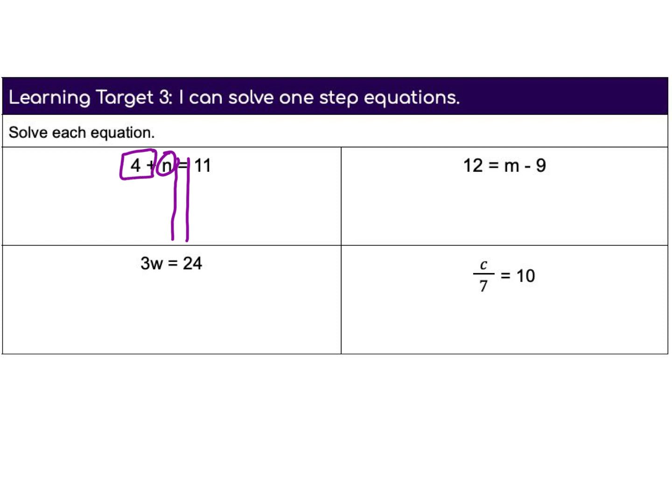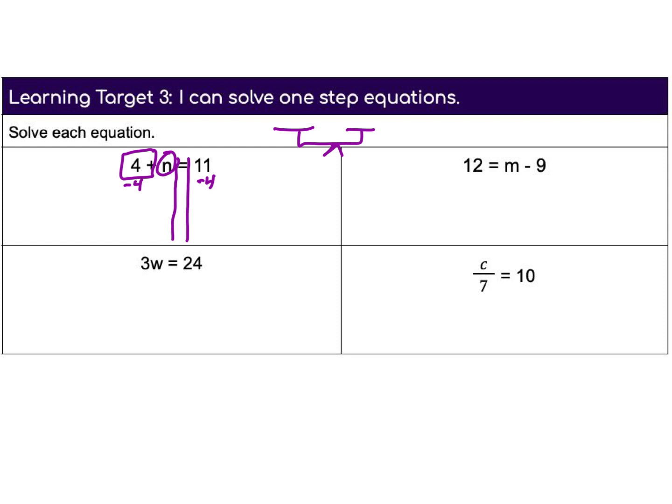So I'm going to get rid of the plus or the positive 4. So I'm going to subtract 4 from both sides. Because what I do to one side, I do the same thing to the other side. Think about it as a balance. So if I have a balance here,